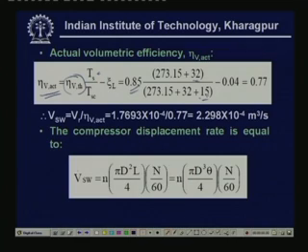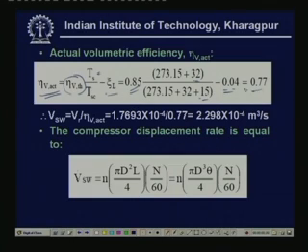That means the temperature at the inlet to the compressor is 47 degrees, and Ts and Tsc should be in the units of Kelvin. Okay, so we are converting this into Kelvin. Minus zeta L. Zeta L, as you know, is the leakage factor, and it is given as 0.04. So if you substitute these values, you find that the actual volumetric efficiency is given as